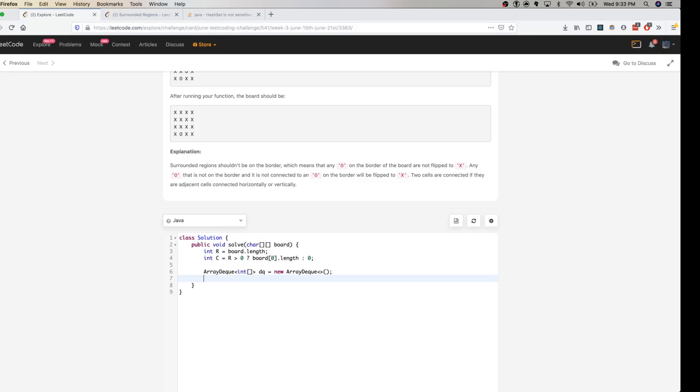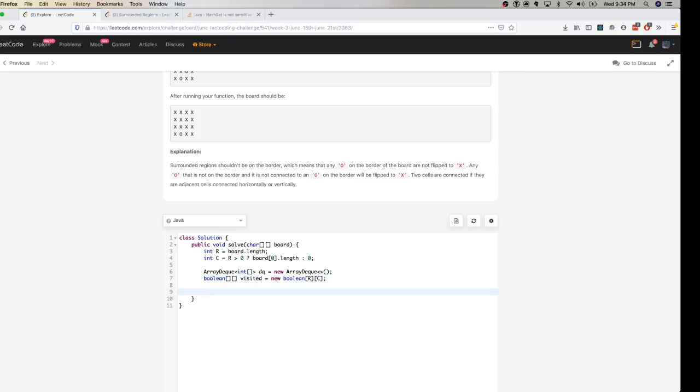So you have your deque. Also you need to be careful that you don't end up in a cycle while you're visiting a new coordinate each time. So I'm gonna create a boolean array which I'm gonna call visited, which is nothing but a new boolean of R and C. Since boolean is a primitive type, its default value is going to be false throughout the visited 2D array.